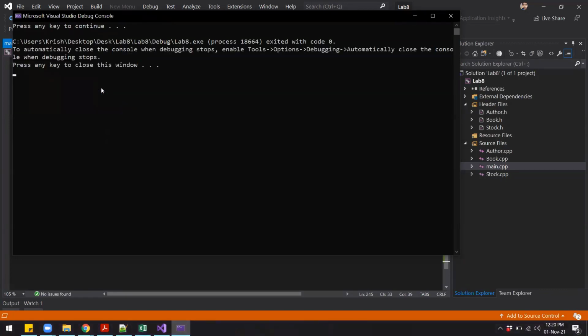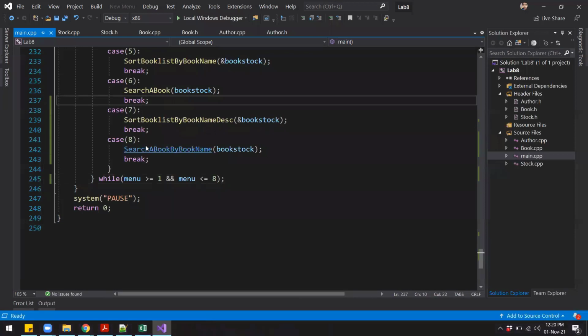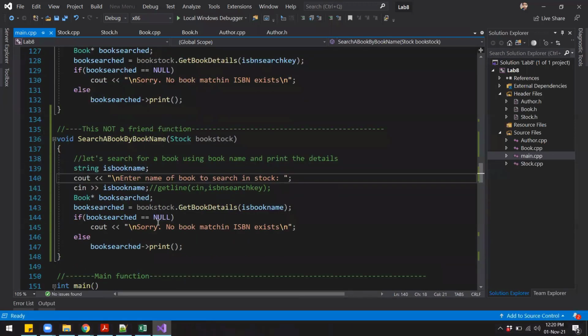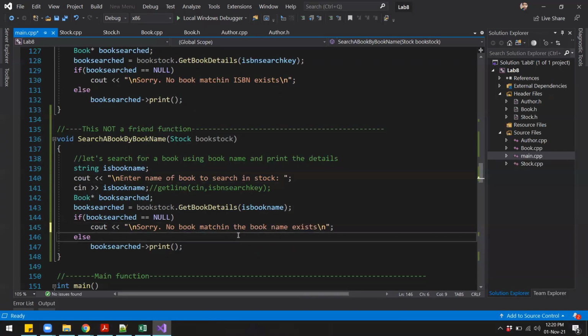So I'll exit this code. I'll go back to the function and we can change the name over here. We can say sorry, no book matching the book name exists.